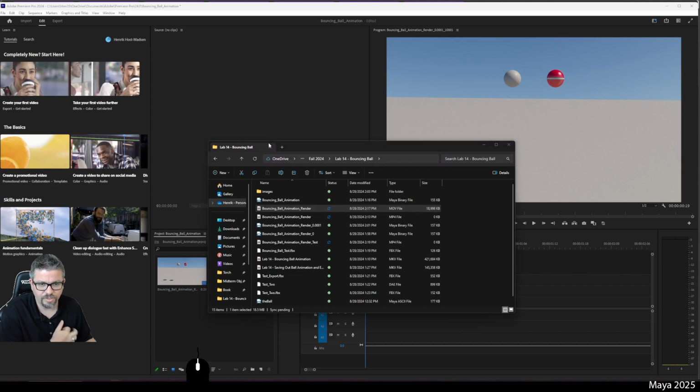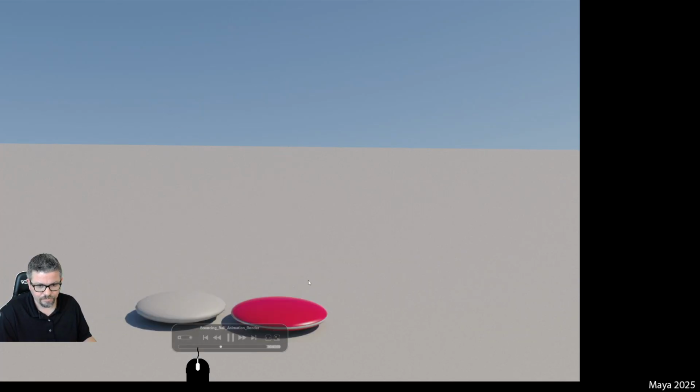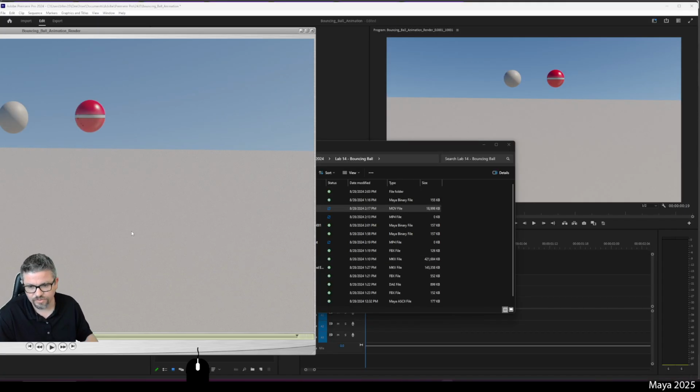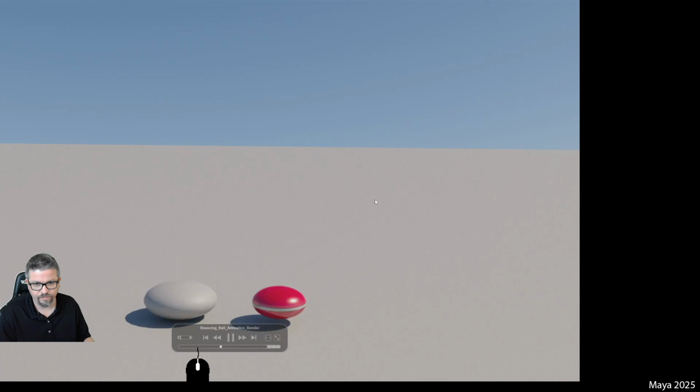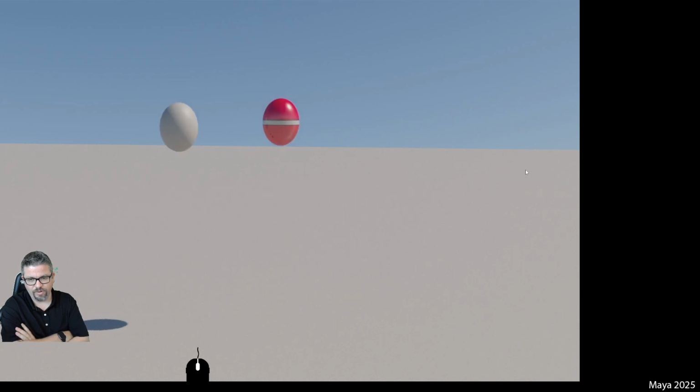I'll hit no for now. I can always change it later. All right, so now I've got QuickTime, full screen, Control L to put it on a loop, Control F for full screen. And now I've got my exported bouncing ball animation